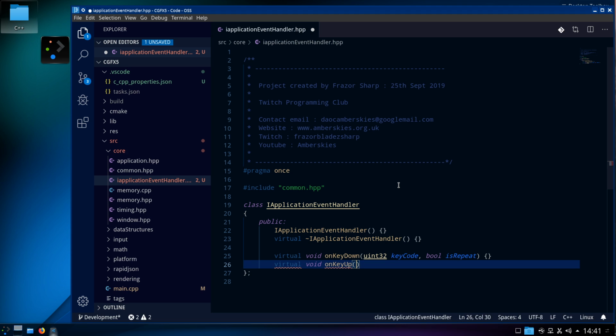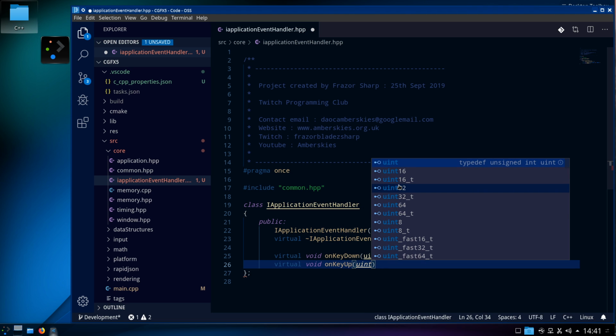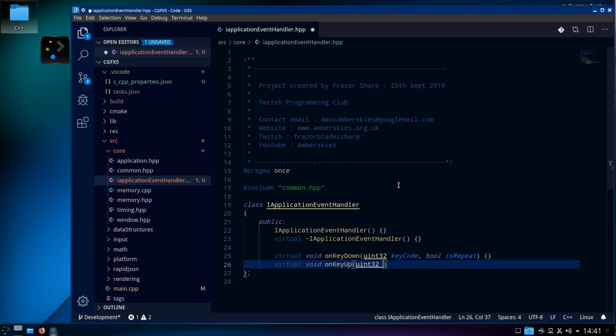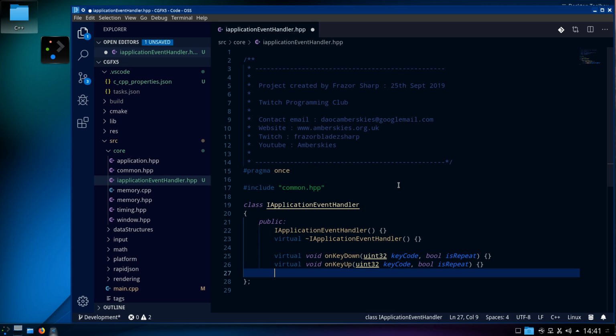On key up, and no surprise, it's a uint32 key code with a bool repeat. Is repeat. There we go. That should do nicely. So, on key down, on key up. You might, if you've seen me do this previously,